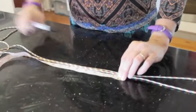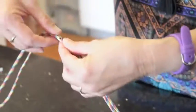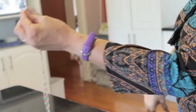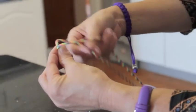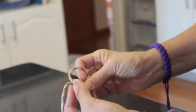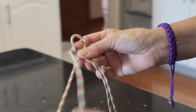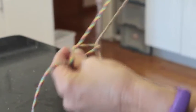So you're going to get a texture, and at that 8-inch point you're going to make a mark on your cord, and that's where you're going to start braiding. So that's your mark there, and you're going to fold down the other 2 pieces of cord at that point, and this is how you're going to start. The piece on your right hand side is going to go across the centre of your cord. The piece on your left hand side is going to go over the top of that cord and then up the back through that loop, and that's the start